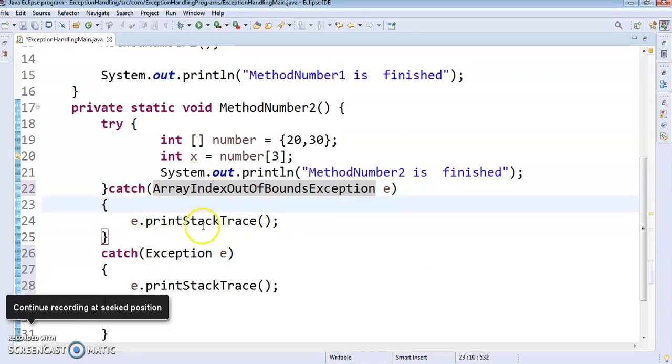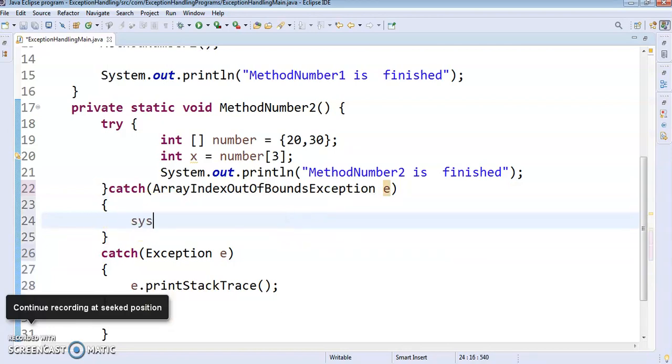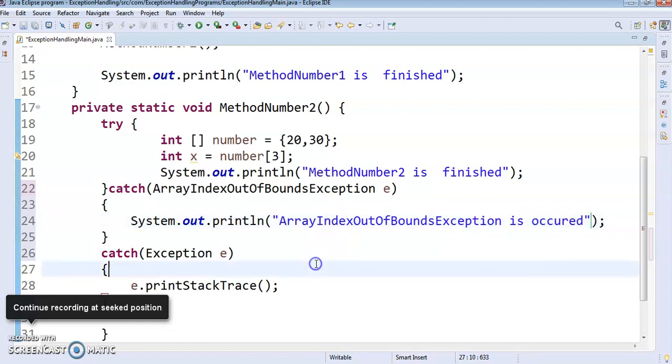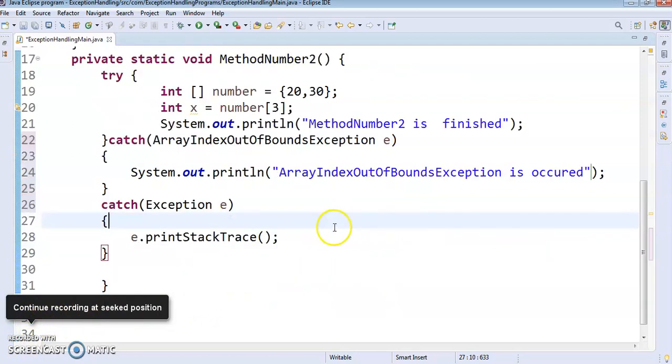And if you know the proper exception, then you can write down here sys out, control space, what is the error? Array index out of bounds exception has occurred. If you know the specific one, then you can give a specific error message.